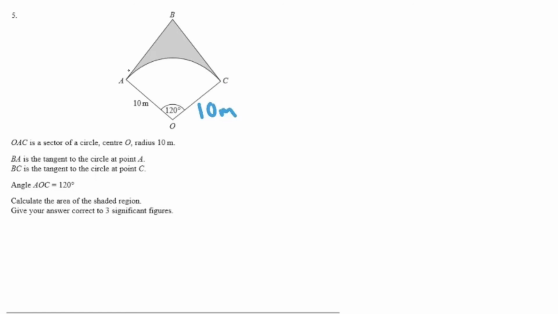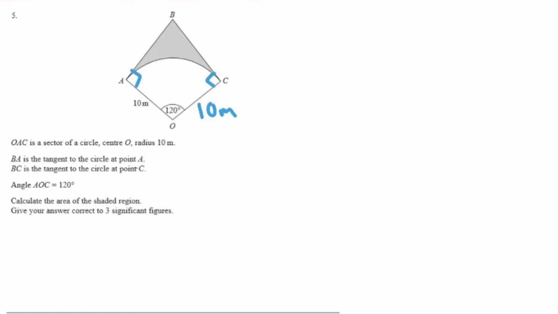BA is a tangent to the circle at point A, and BC is a tangent to the circle at point C. We may know from circle theorems, yet another concept I'll suggest we make sure we're happy with, that a tangent and a radius of a circle meet each other at 90 degrees. So this will be 90 here, and this will be 90 here. Just making some annotations so we're aware of all the information that we can make use of from the start. Once again, just acknowledging the angle is 120 degrees, and then it says calculate the area